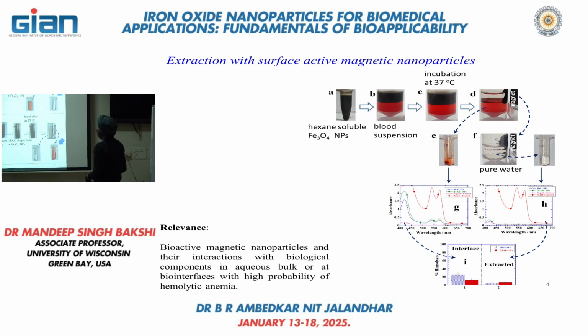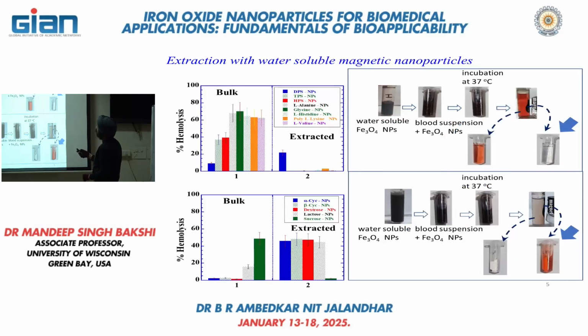What we did here, we used the water soluble magnetic nanoparticle. So here you see the water soluble magnetic nanoparticle, and we picked and placed it in the blood suspension. This is the magnetic nanoparticle in the blood suspension. Now you might be wondering why it's not the red color. Because we have added magnetic nanoparticles, that is why it's not red color. It's a dark color. Now, eventually when we place the magnet here, we have seen that